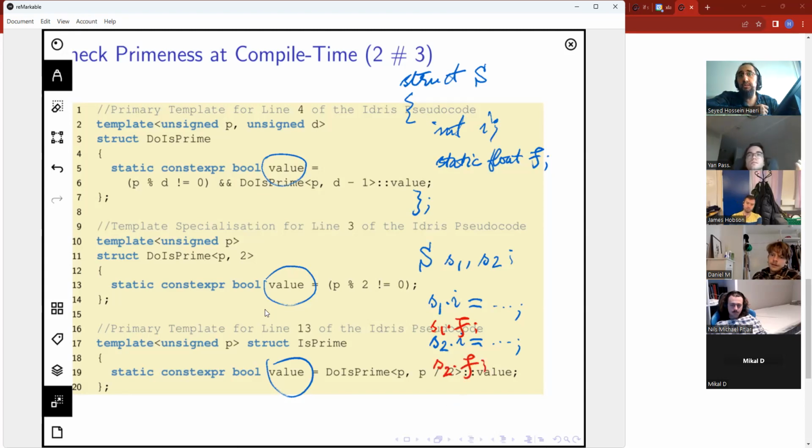F belongs to the class. It's shared amongst all the instances, right?